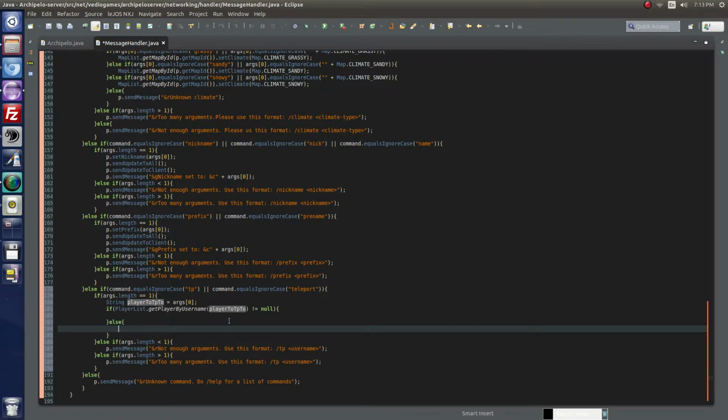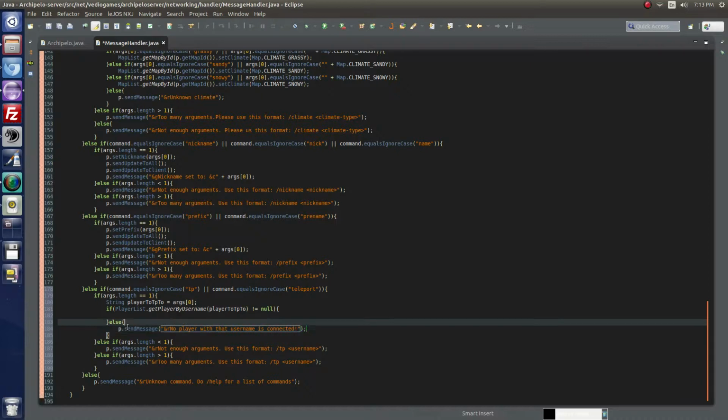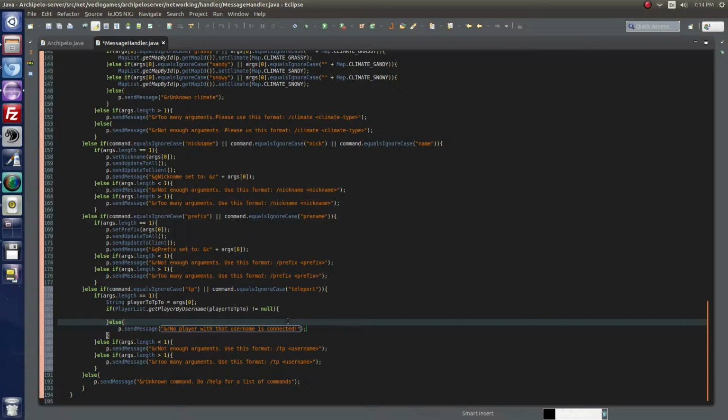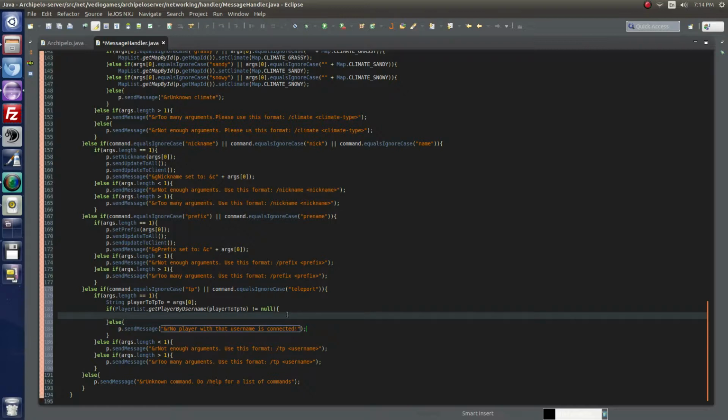to the server. And if there isn't, so else, I'm going to send a message to the player. So player.sendMessage, and: no player with that username is connected. Alright, so it's going to send a message saying that the username that you used doesn't actually exist. No one has that username who's logged on right now. So sorry about that. So if it isn't equal to null, so if there is a player with that username online,